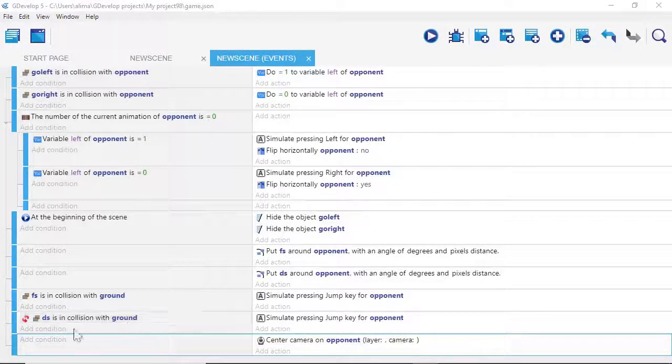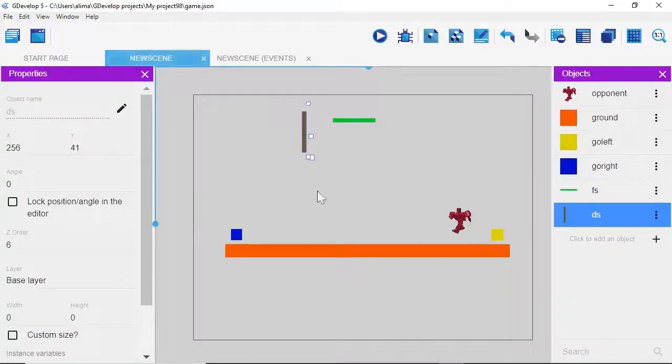Okay, in GDevelop, a condition says when something happens, and then the action says what to do when something happens. So because we have no condition here, basically what we're telling GDevelop to do is to do this constantly. So to constantly center on our opponent character, and that's what we want. So the reason why we went through all of this is what we want to be able to do is